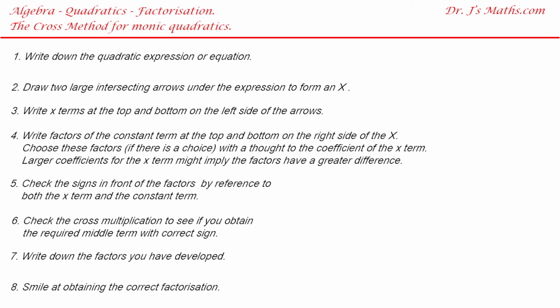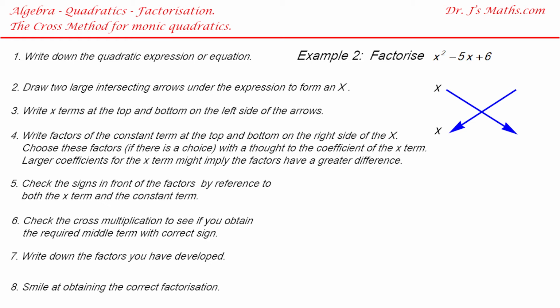So let's take a second example. So step 1, we're going to write down x squared minus 5x plus 6. Step 2, we're going to do our big blue arrows going across underneath the expression. Step 3, we're going to write the x terms at the top and bottom because we know that x times x gives us our first term of x squared,